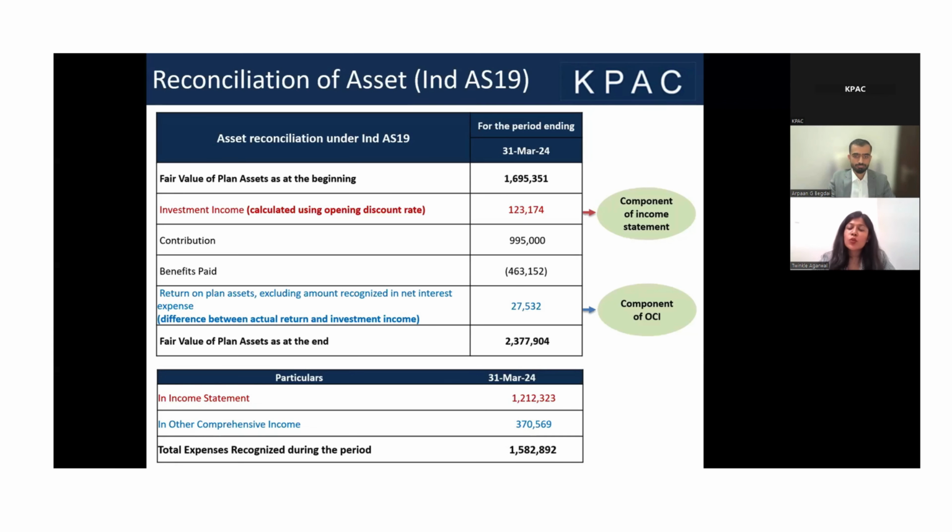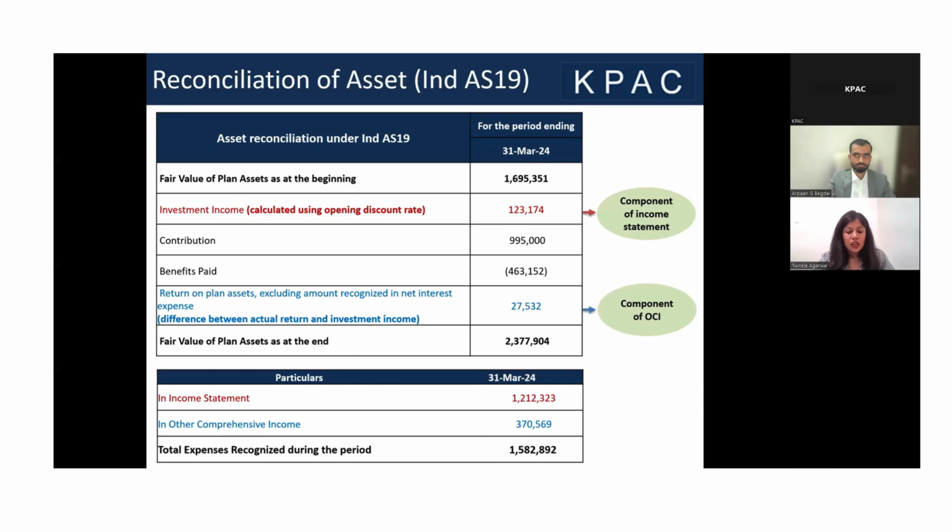This is the key component which is recognized under the income statement. The next component is the contribution. This is the amount that the companies contribute into the fund during the valuation period from opening to closing. Then we have the payment. This is again an amount that is withdrawn from the fund from the opening to the closing valuation period in order to pay to the employees who have separated from the company, be it either because of retirement, death, or